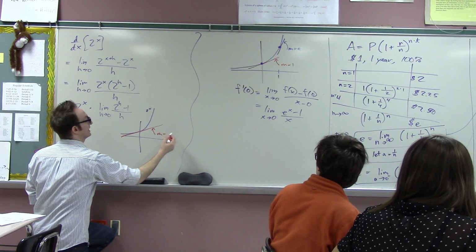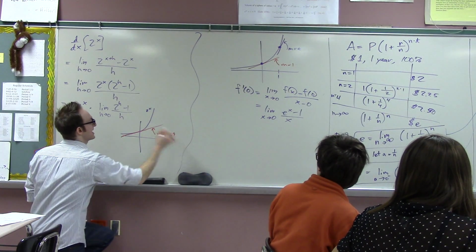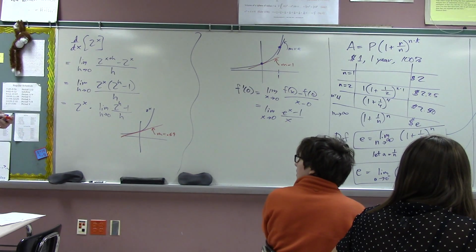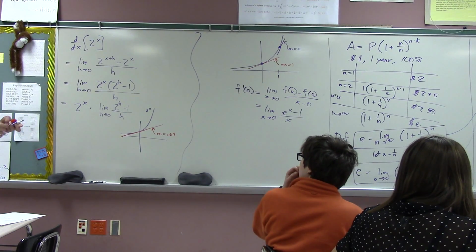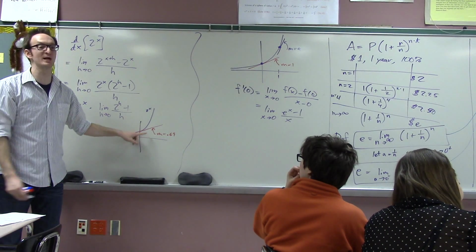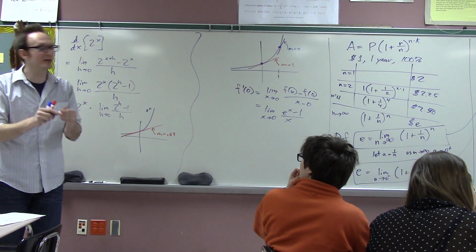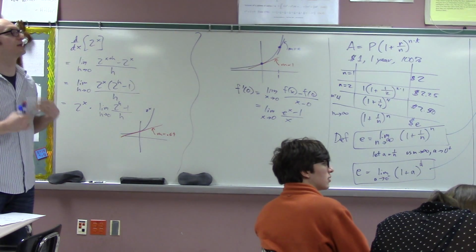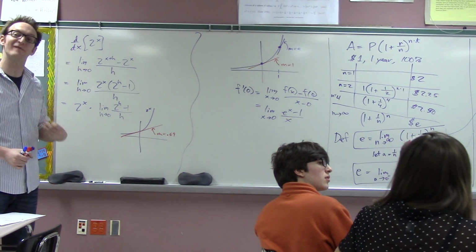It turns out to be around 0.69. And I'm not going to make any further comments about that at this exact moment. But it is not a nice, pretty number. And in fact, the entire reason why we use the e to the x function so often in pre-calculus, I